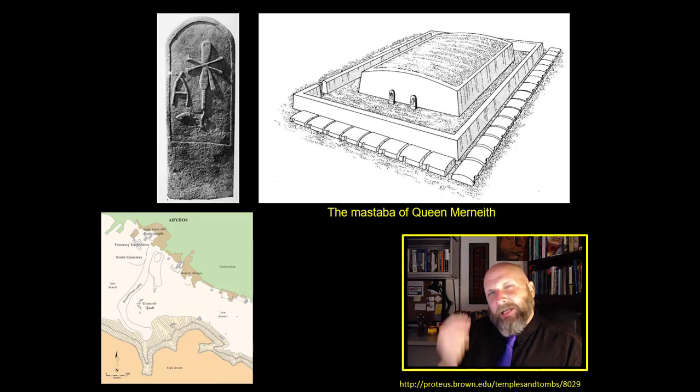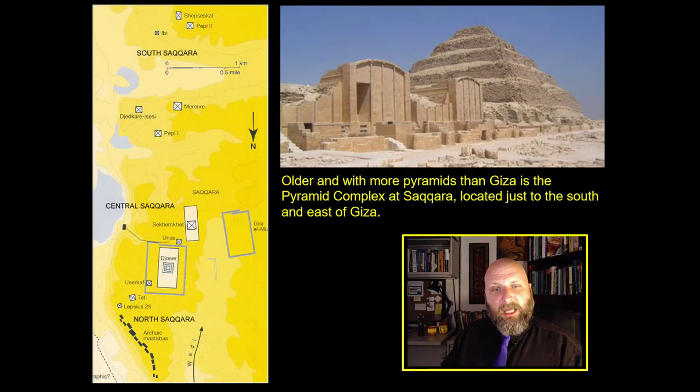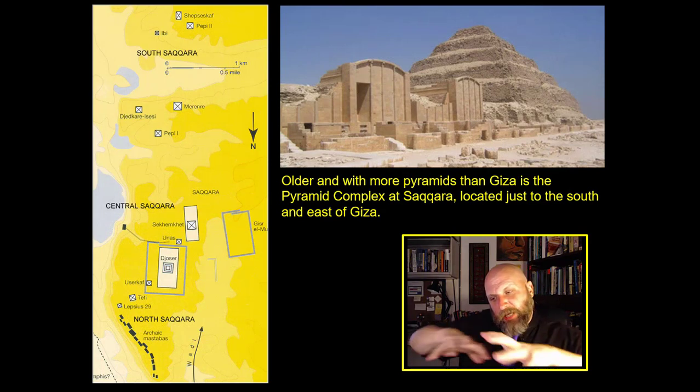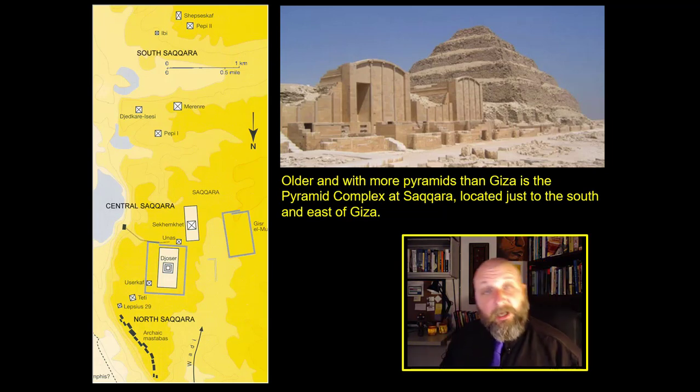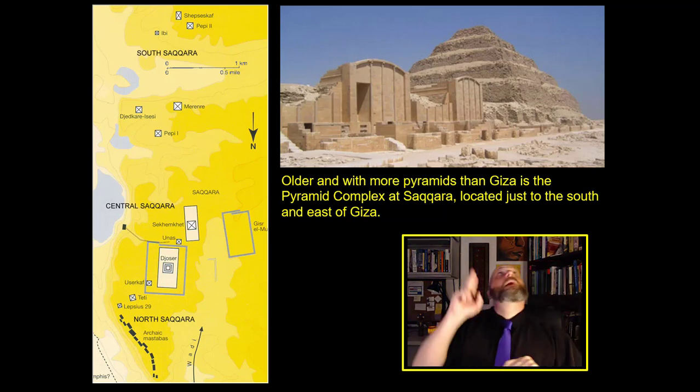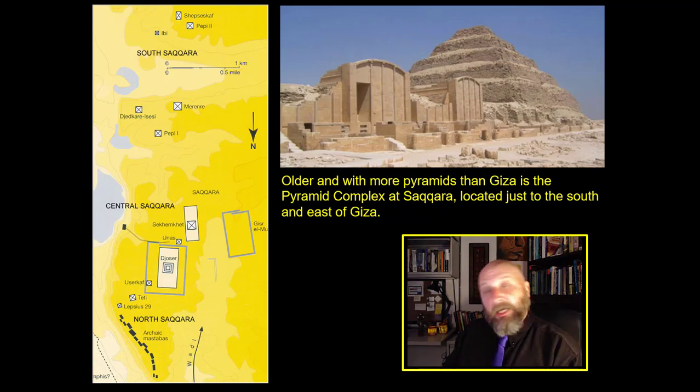contemplates this and comes up with a really radical idea. How about, instead of just a really huge mastaba, or even a 2-layered mastaba like Queen Mernith has, what if we stacked mastabas one on top of the other? And let's do this where Djoser wants to be entombed, at the Necropolis of Saqqara. And this is the origin of, oh, there it is, that pyramid right up above me, the Step-Pyramid of Djoser.